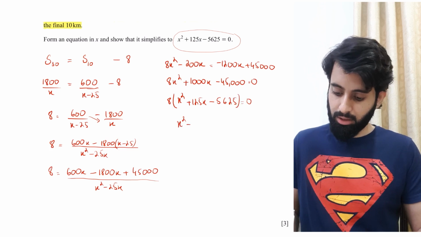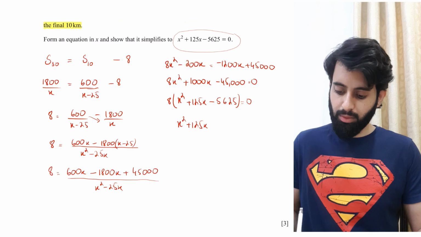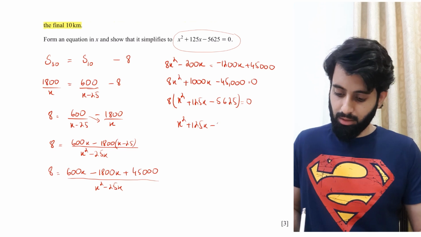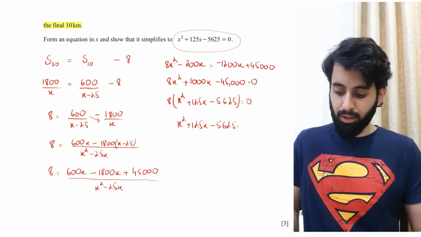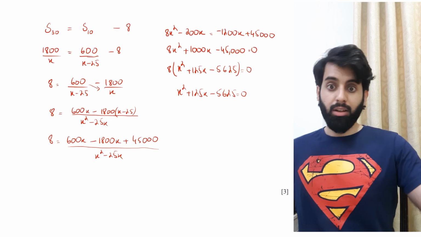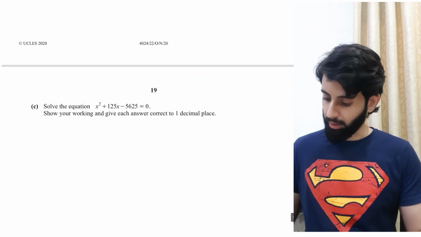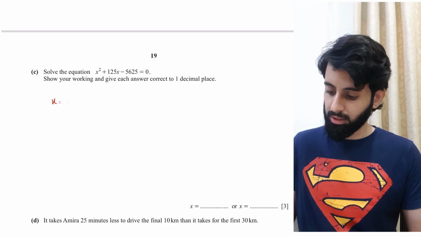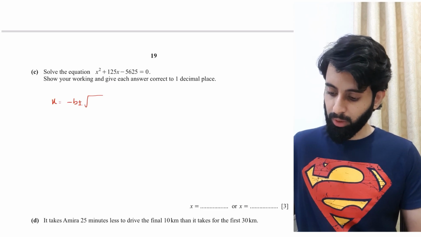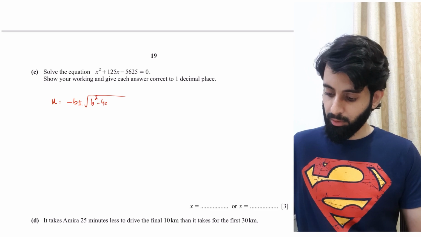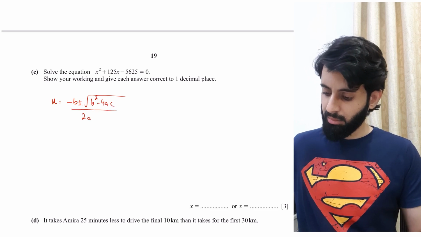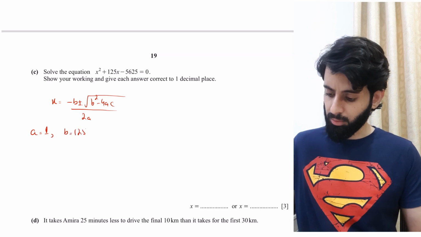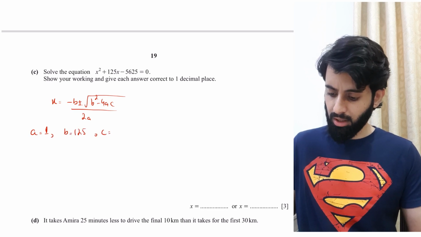So there you go, x square plus 125x minus 5,625 equals 0, and you get how many marks? 3 marks for this. Okay, solve the equation. Now if you want to solve this, you can use the quadratic formula. X is equal to minus b plus minus square root of b square minus 4ac upon 2a. It's best to write down a, b and c separately for yourself. So a is 1, b is 125, and c is minus